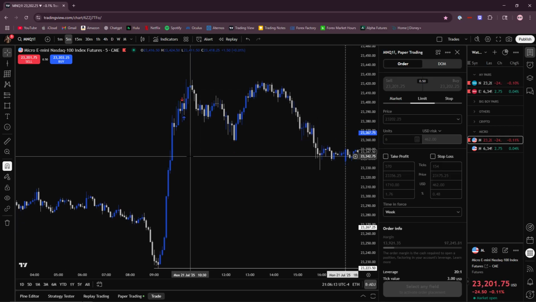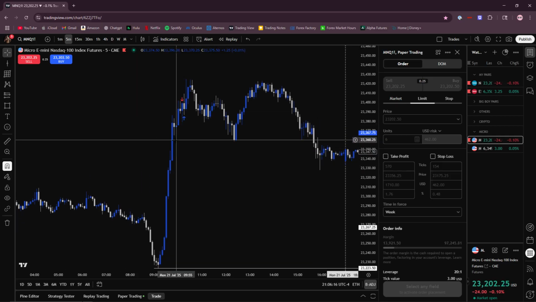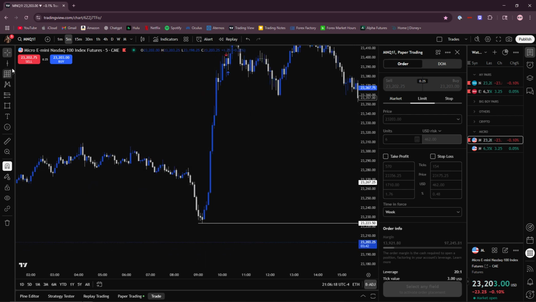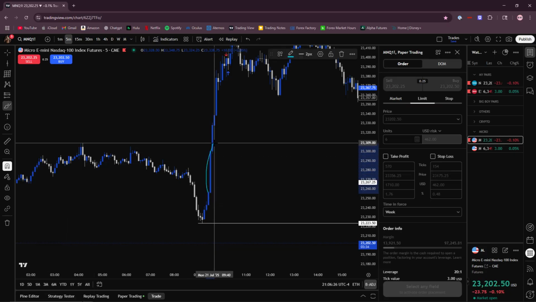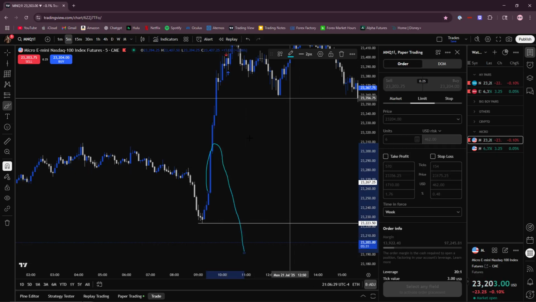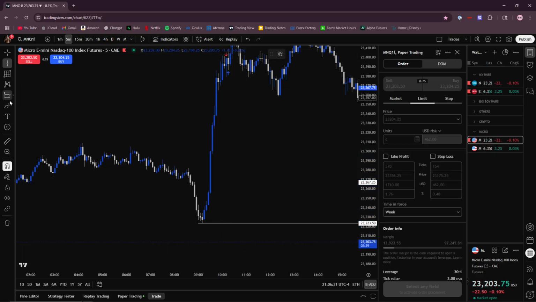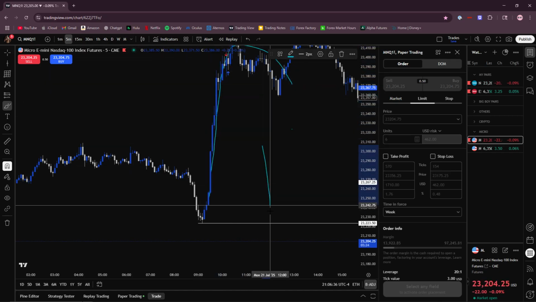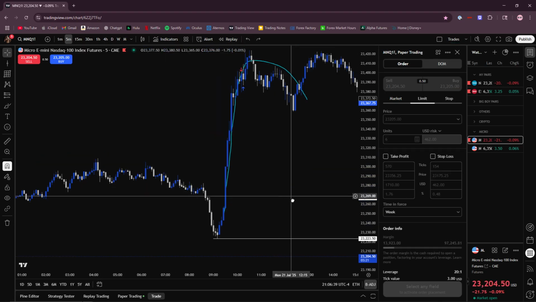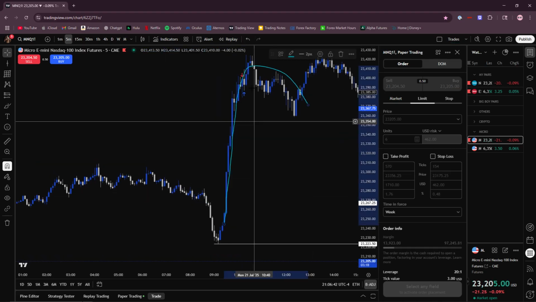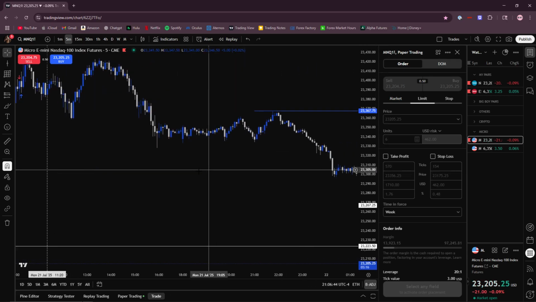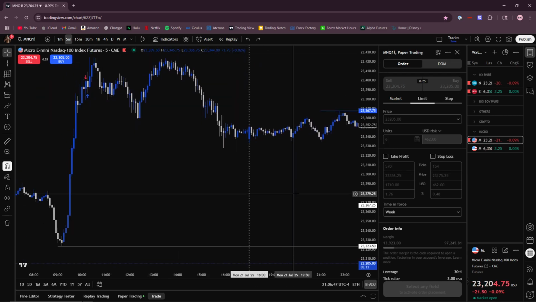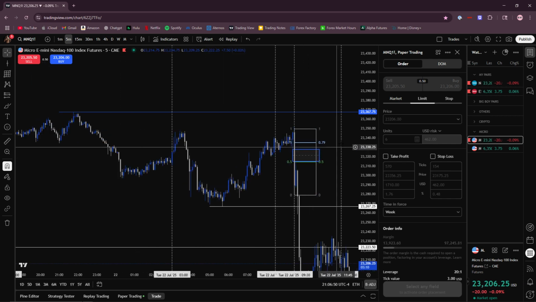I just tried out the 1 minute break of structure because there's a chance it could work, but it really only works if it just tickles the highs and then pushes down lower. What I mean by that is it'll go up into the highs right here and then almost immediately reverse. That's the only way it works for a 1 minute break of structure. If it just smashes through everything like this, then it's probably not going to work. Honestly, I'm going to stop doing that, because that's a really bad setup to enter off of the 1 minute break of structures.